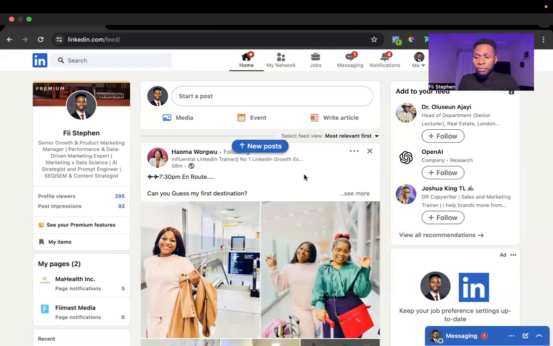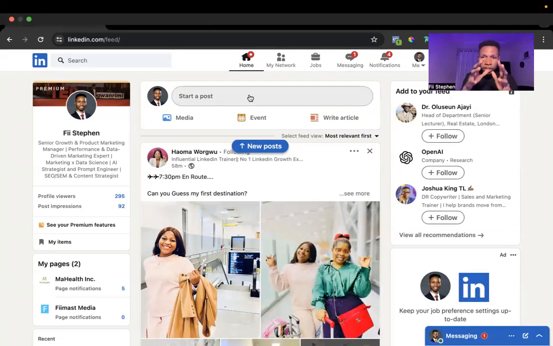Okay. But then beyond this, I like being very practical. I'm going to give you some frameworks you can use to create content that will be very practical for you, that you can start using even tonight. The first framework that I will share with you that you can use to create content consistently on LinkedIn is what is called the AIDA model or the AIDA framework. Now, some of you have heard of this before, but you have to learn how this can work for a realtor when it comes to creating content on LinkedIn.